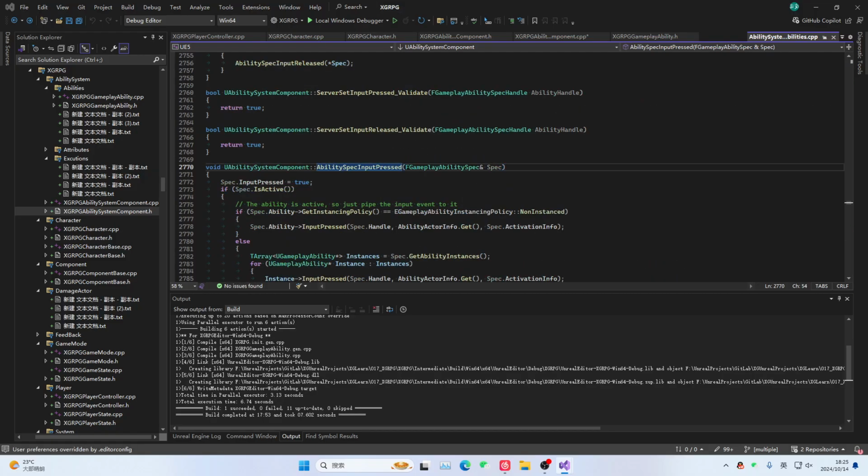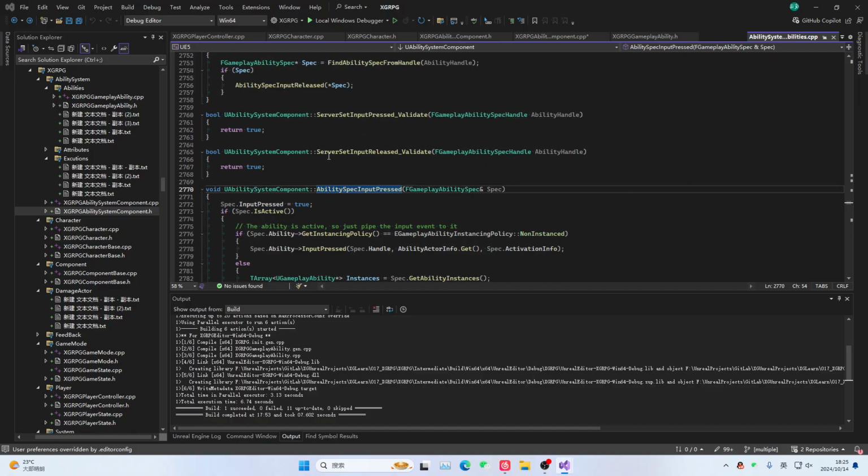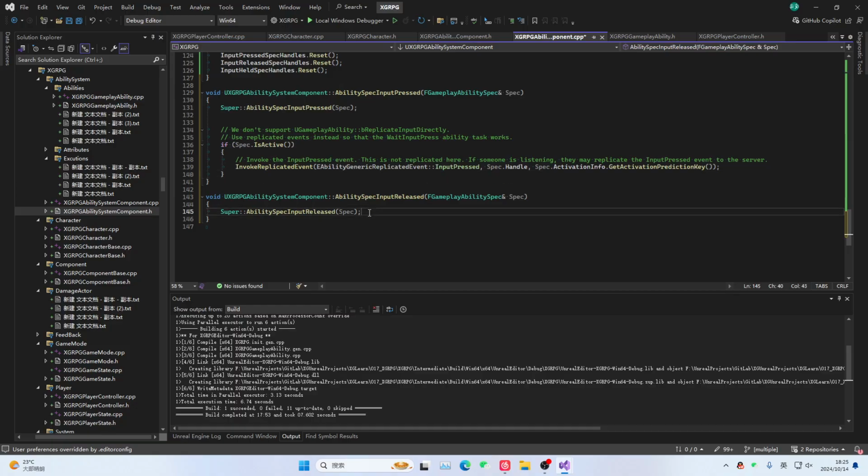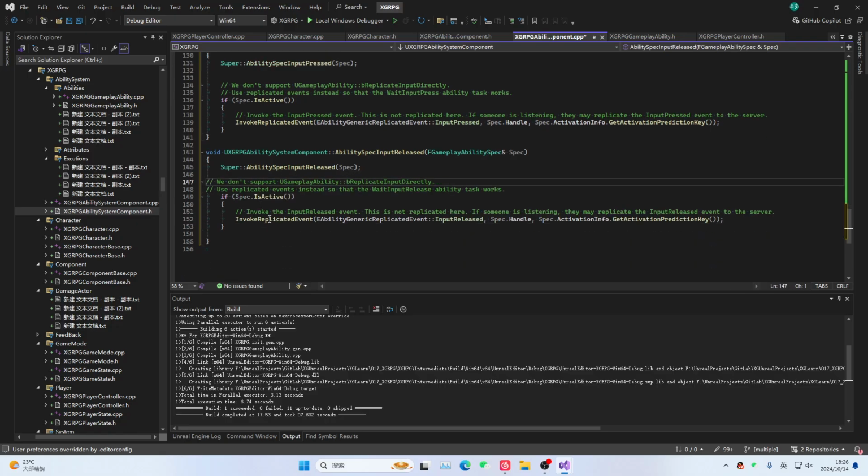And here we need to give this thing to it. Let's go back. Here, we need to synchronize this. That is, an event that needs to be synchronized will occur on our end. That is, we have pressed this button locally. That is, the button for this ability has been pressed. And here, we essentially need to synchronize an event. Therefore, at this point, we need to trigger this event. Only then can we implement a function where the ability is held down and not released, allowing continuous jumping. Okay,